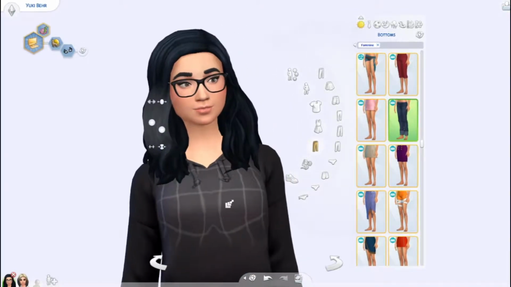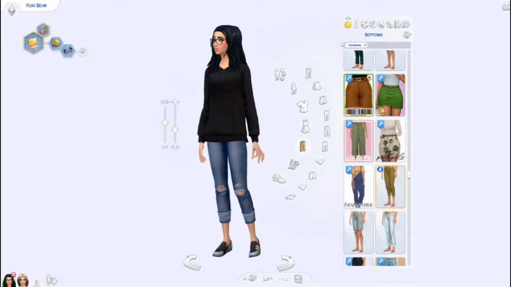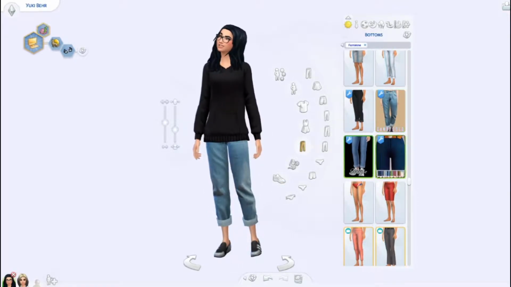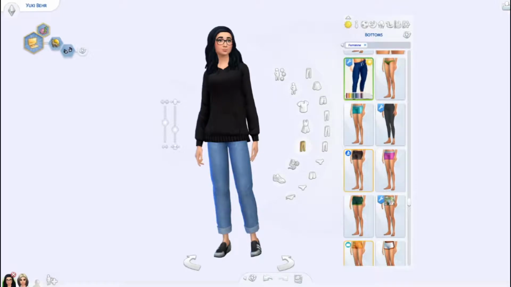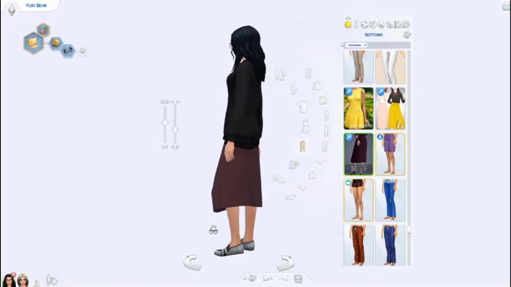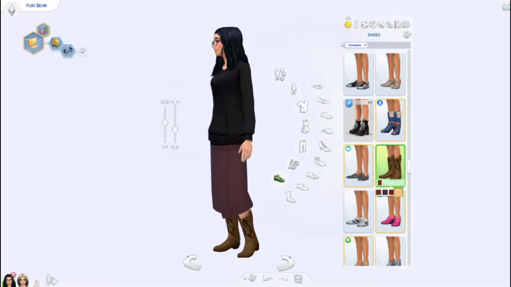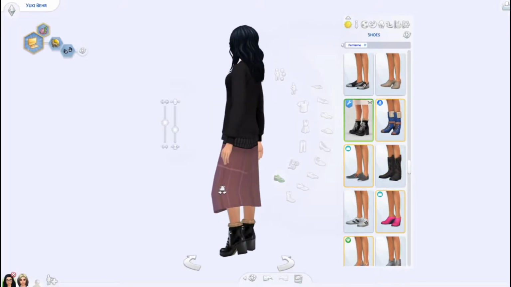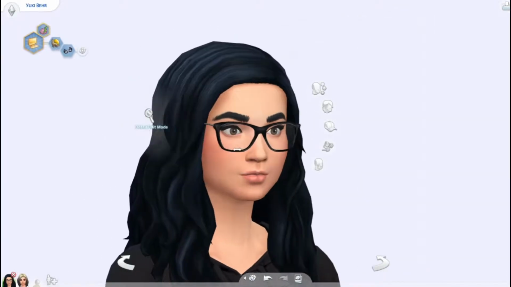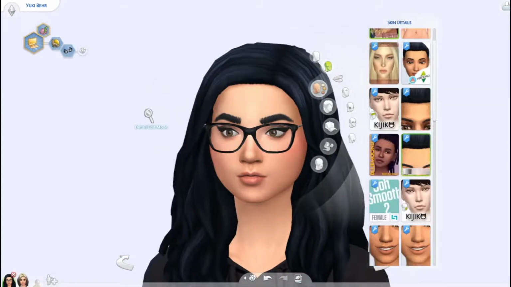I put her in this sort of comfy sweater, and I started to put her in pants, and then I decided to put her in a very long skirt. And I don't know, she kind of reminds me of the character Allison from The Breakfast Club, who's kind of the weird girl that sits in the back of the classroom for the majority of the film and doesn't say anything. So that's the kind of look that I wanted to give her. I gave her these chunky boots, and I think the only real look where I kind of spruced her up